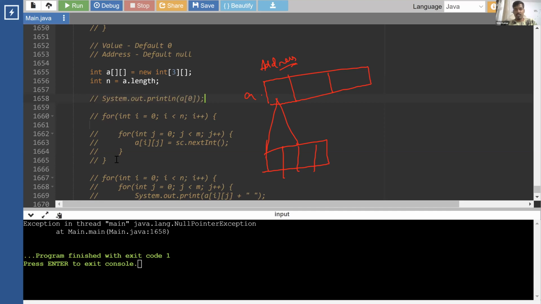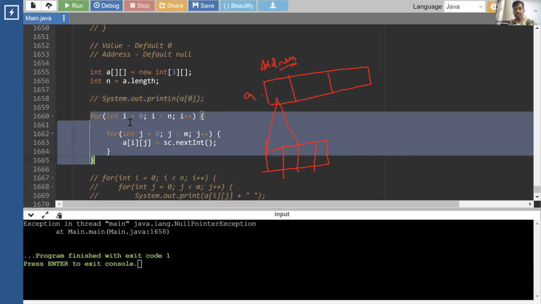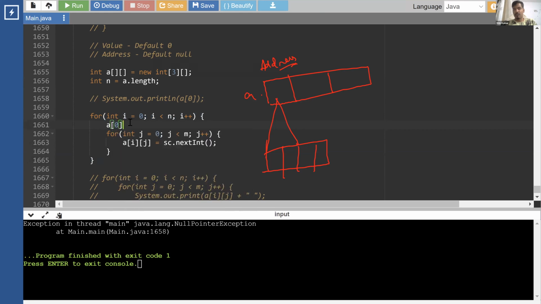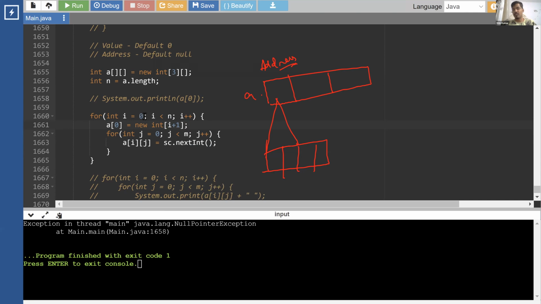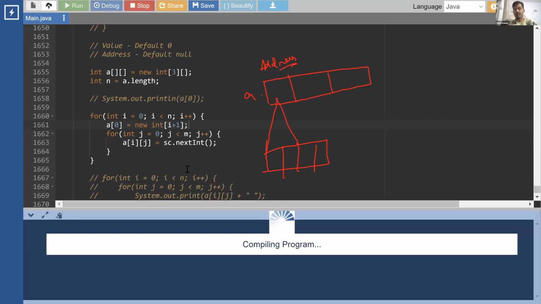Now coming over here, can we create these different arrays? Yes. What should a of 0 store? A of 0 should store an array. Now can we store some array over here? We can give new int. Let's say we want to create an array of i plus 1 size. So for index 0, we want to create an array of size 1. For 1, we want an array of size 2. For 2, we want an array of size 3, varying sizes. Okay. Now if I run this,